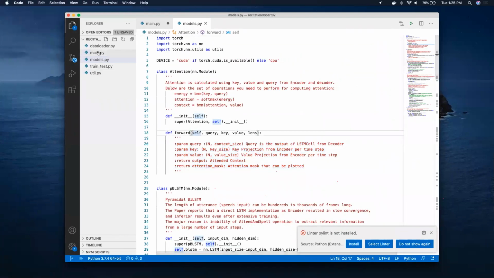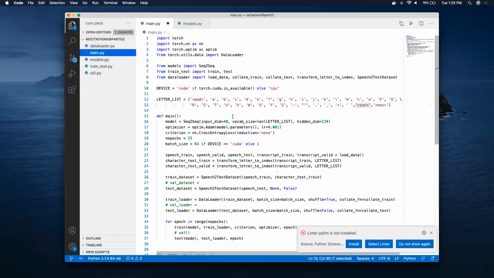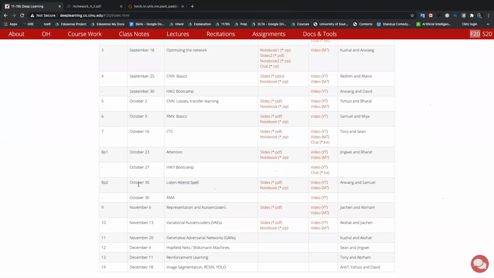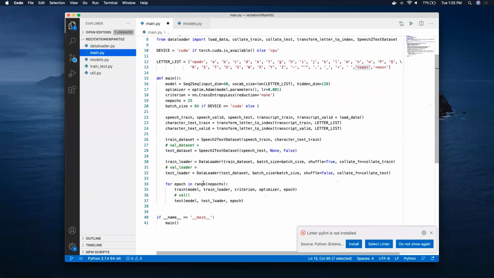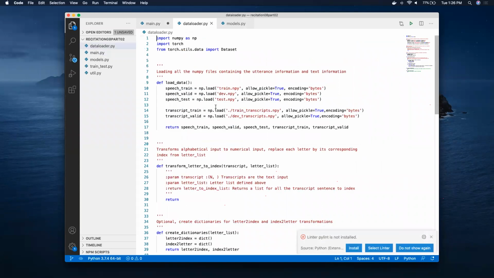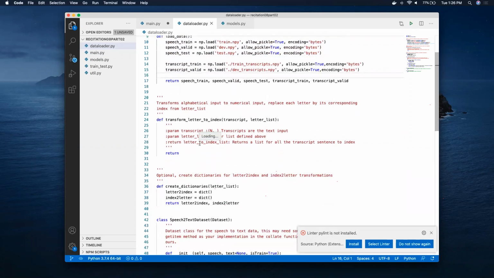Cool. So I'll just go through the code. This is something I think has already been done in this recitation, so take a look there as well. What we're doing in the main section is just reading in the data, so reading in the utterances and the text transcript. And these functions, the speech to text dataset functions, are defined in the file called data loader. So here you have to define a function to load the data. You have to define a function to transform letter to index, which is basically just giving